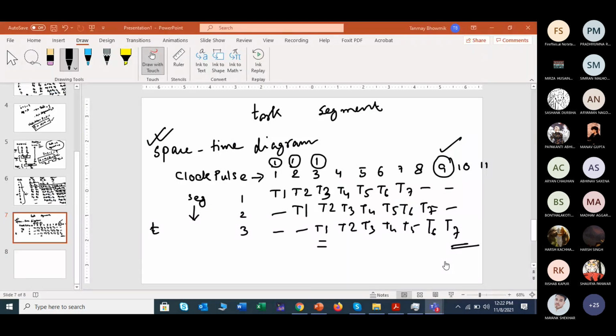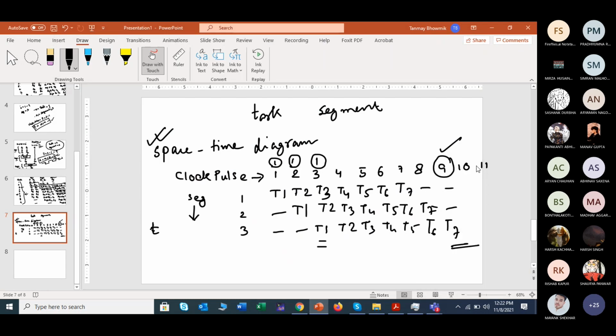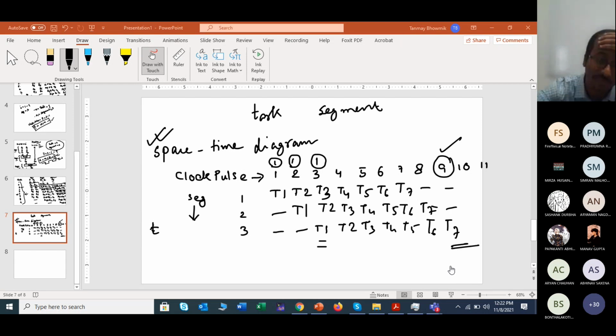Any idea, any guess? You can say anything you are thinking. It is not an evaluation. Anyone with any wild guess? No one is interested to answer this question? 2. Almost correct. Try a little bit higher. In which sense are you talking about 2? This is one duration and this is one duration, like this, right? Yes, sir, you are almost correct, but this is not about the duration.